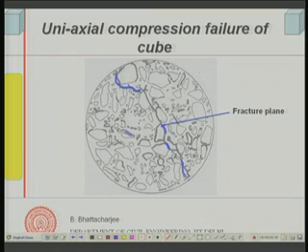So, at the aggregate mortar interface, if I may call it that, the fracture initiates there and propagates through the mortar at a certain level. Usually it will interconnect all the pores that are present, because you remember we discussed that the hydraulic cement binder will always have some amount of capillary porosity, especially in normal strength concrete where the water cement ratio is relatively large compared to high strength concrete, where it is very less. So, we are not discussing that anyway.